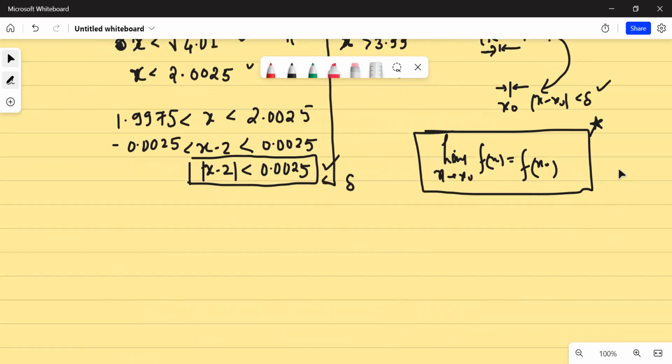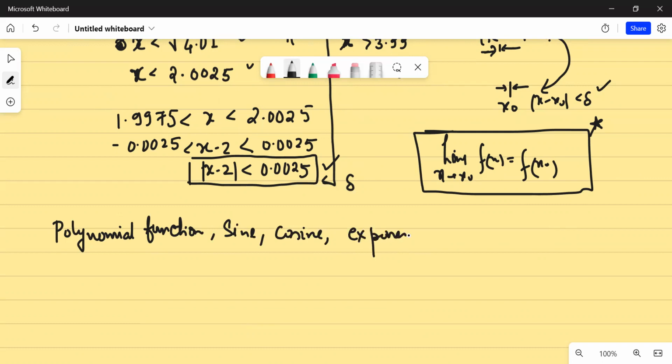Yes. Okay. So a few things that you should remember. One of the things is that polynomial function is continuous on R. This I'm not going to prove, I'm just writing it. Polynomial function is continuous on R. Similarly, sine function is continuous on R. Cosine function is continuous on R. Exponential function is continuous on R. So all these functions are continuous on R. Is that clear? Okay. In fact, you will find that logarithmic function is also continuous, but not on R, rather on its domain, that is, continuous on all x greater than 0. Is that clear?